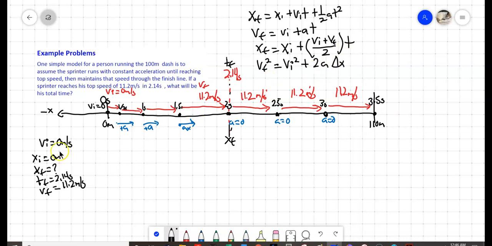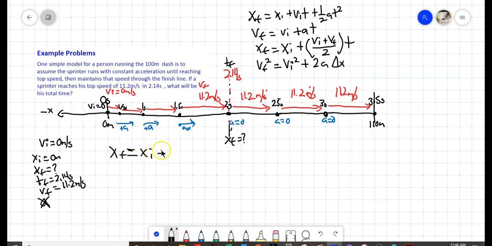Alright, well, in this entire problem we have initial velocity, we have final velocity, we have initial position, and we're trying to find the final position at this accelerated motion part. We do have the time, and we do have final velocity, but we don't have acceleration. So any of these equations that have an acceleration in it, we are not going to use, which means we're going to have to use this. Okay, so we're going to use this to find where this occurs right here, which is x final minus